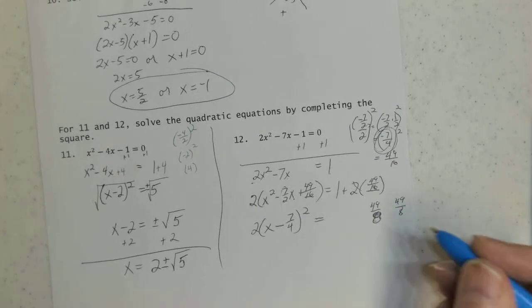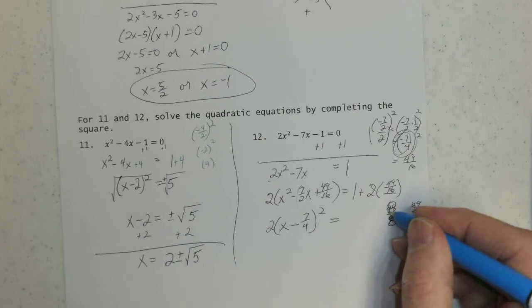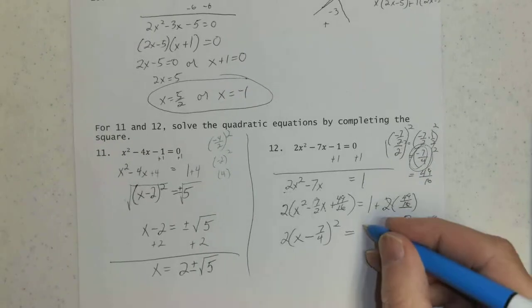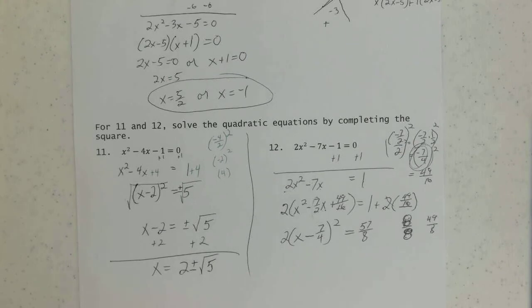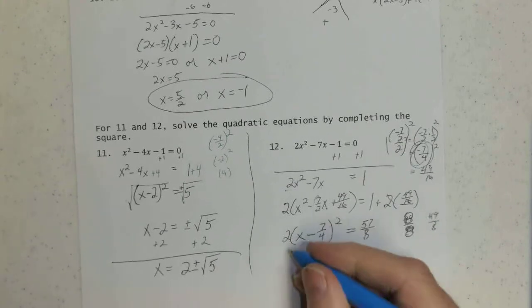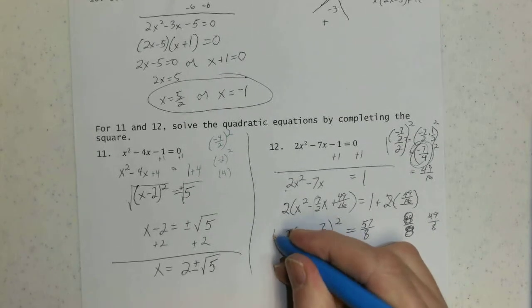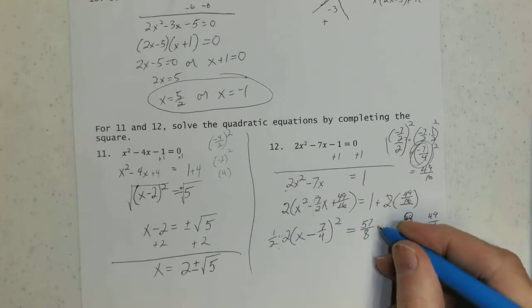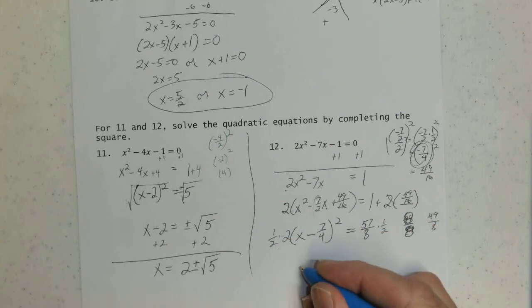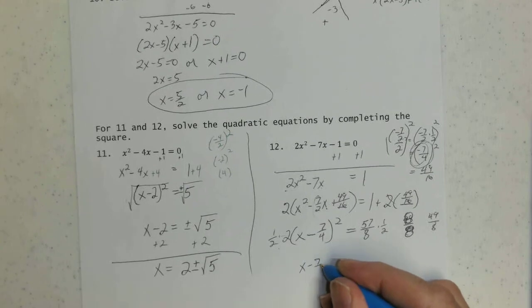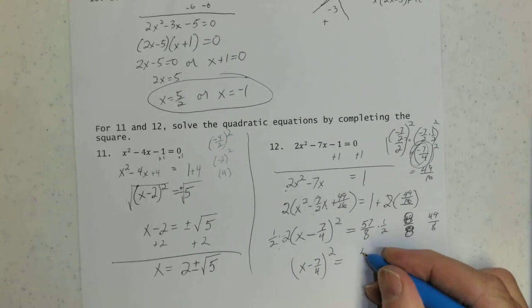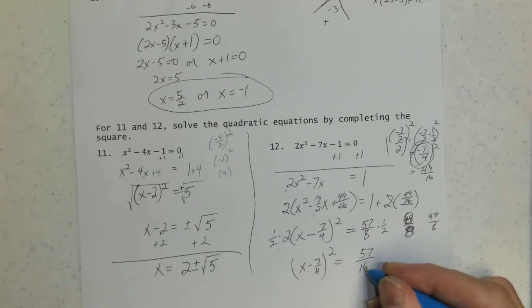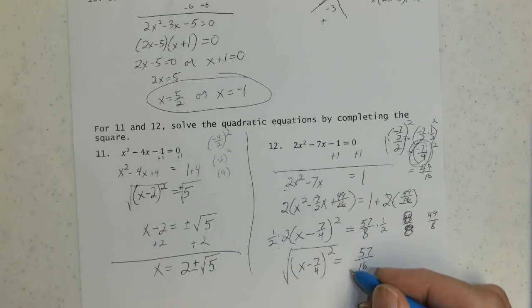I don't want a common numerator, I want a common denominator. So it's 8 eighths. So that is 57 eighths there. I'm going to multiply that by half to get rid of that 2. Multiply by half here. So I've got x minus 7/4 squared equals 57 sixteenths, at which time I will take